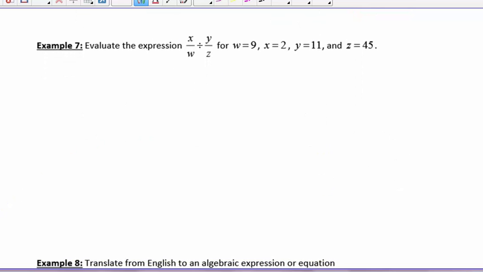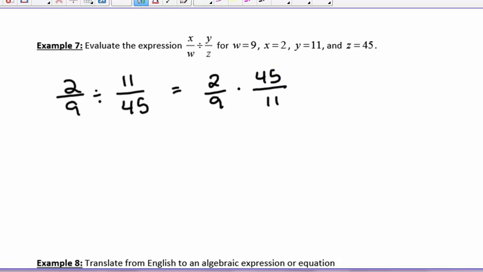Alright, on the next page we have an expression to evaluate. Values for x, w, y, and z are given. So if w is 9, we have a 9 in the denominator, x is 2 in the numerator, y is 11, and z is 45. So plug all the values in, and now it's a division problem, so we're going to flip the second fraction and multiply. So this becomes 2/9 times